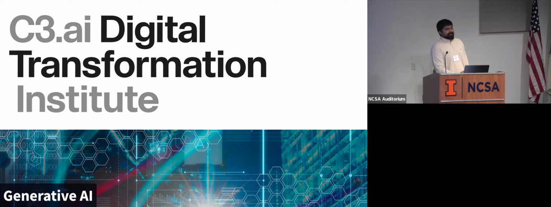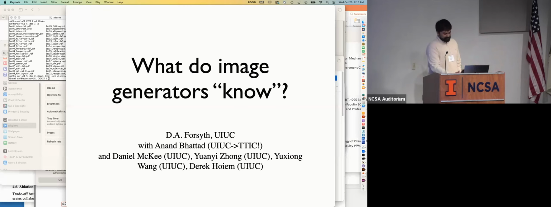It's my pleasure to introduce David Forsyth, who is going to be our first speaker. David is a full professor at the Computer Science Department at UIUC. He spent some time as faculty at Berkeley, and he's probably most well known for his textbook, Computer Vision, a Modern Approach, which is commonly used in most of the courses that are taught on this area. He's written numerous papers and really excited to hear what he has to talk about today.